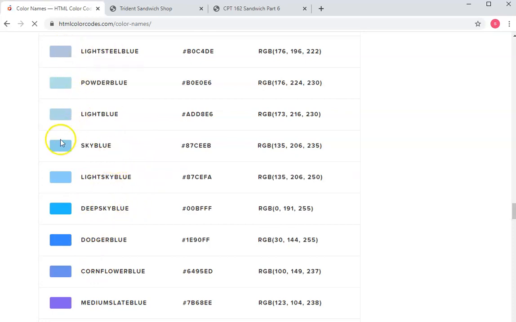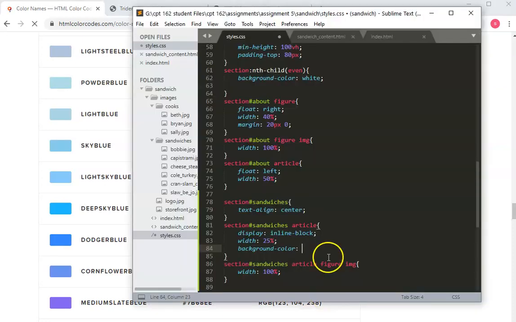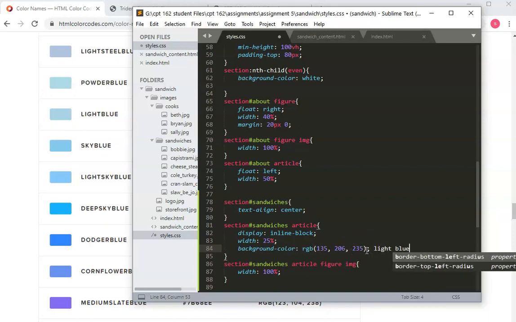So this is one color. We want to use this color that's slightly off from that. And you can pick whatever color. You can make it orange if you want, but this is what I'm doing. All right, and then I'm going to put it in, Control V, semicolon, and then change this to all lowercase RGB so Sublime Text is happy. And then out here, I'll put light blue, select the text, hold down the Control key and press slash. And then we'll do File, Save All,